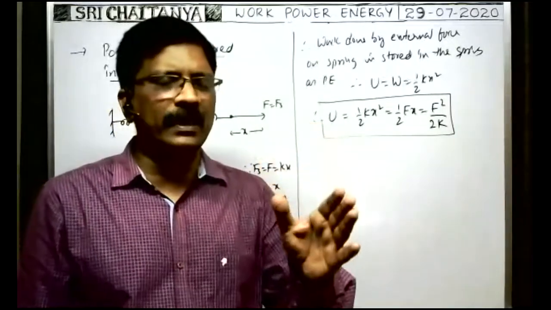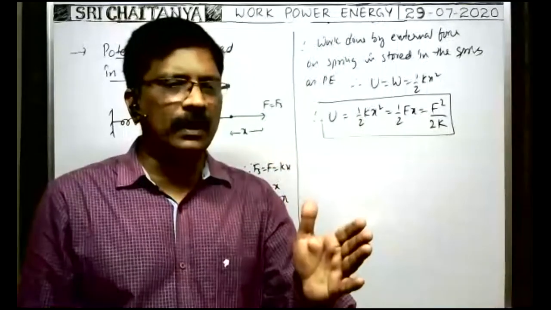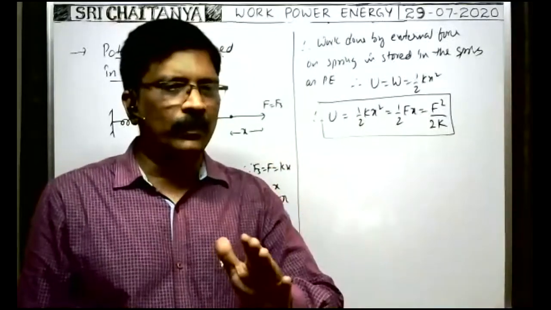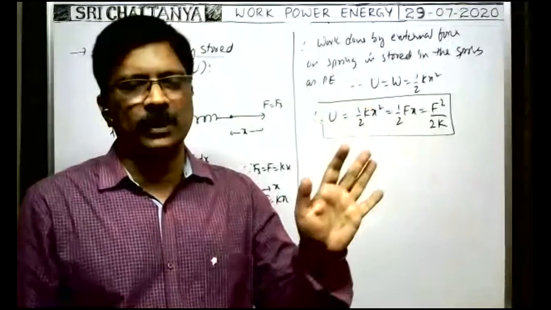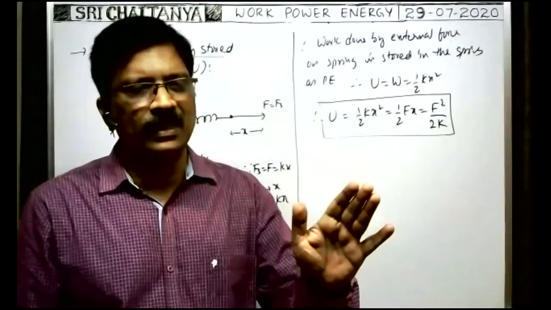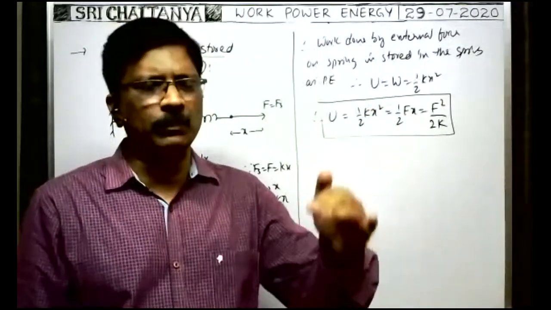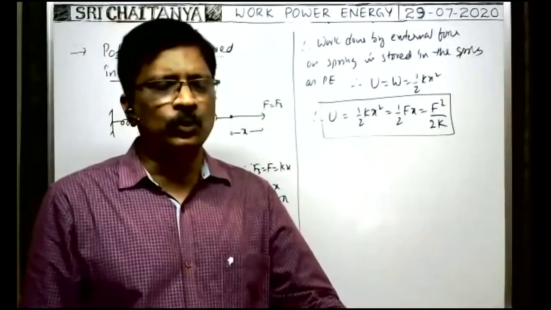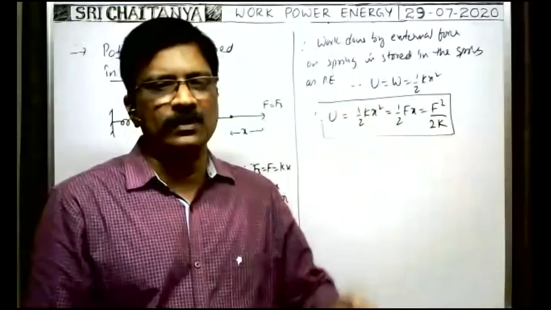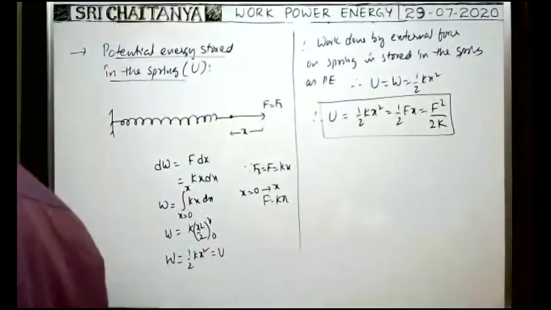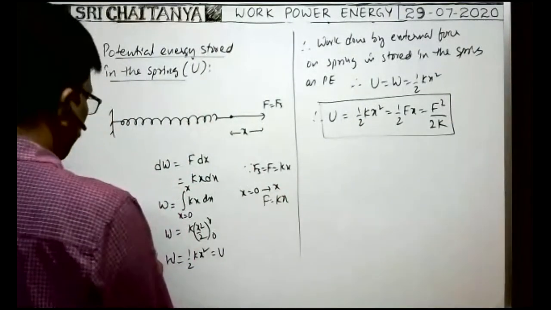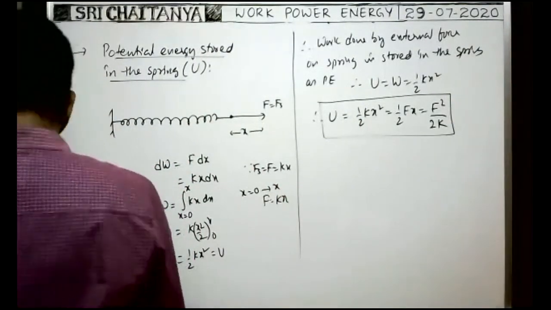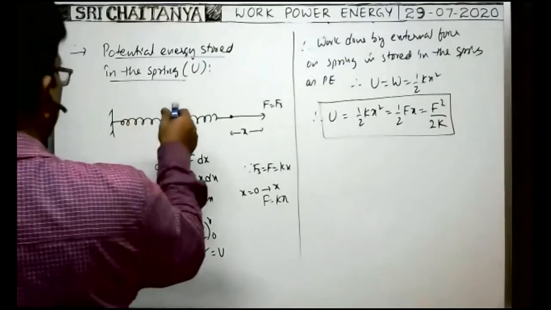Whenever the two springs are connected in parallel, the effective spring constant is k1 plus k2. So today you go through those concepts also. Whenever two springs are connected in series, what is the effective spring constant? Whenever they are in parallel, what is the effective spring constant? Today you go through those points in Newton's laws. Okay. Now, based on this energy stored in the spring, we have to do the problems. So some applications are note points.